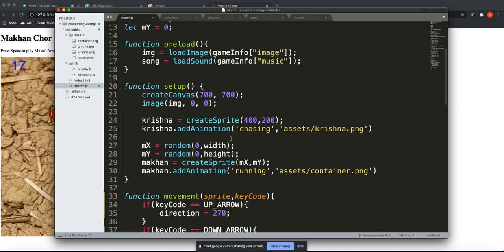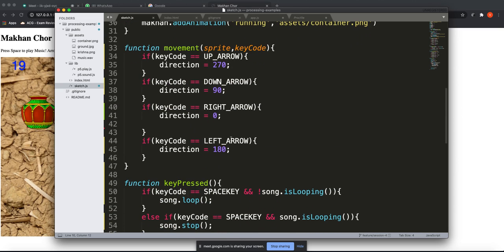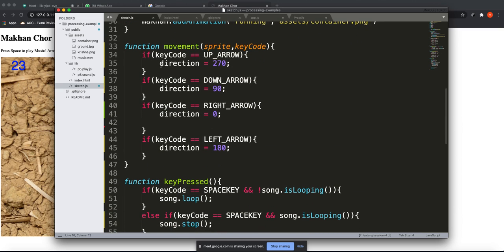Okay, so then we go to our movement. Over here right now what we're doing is we're just setting the direction. But what if I want to speed up? So how do I do that? So what I'm going to do is